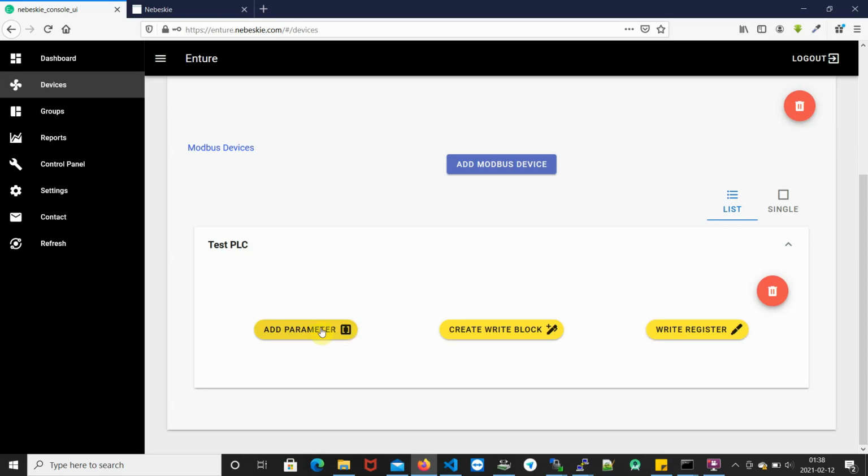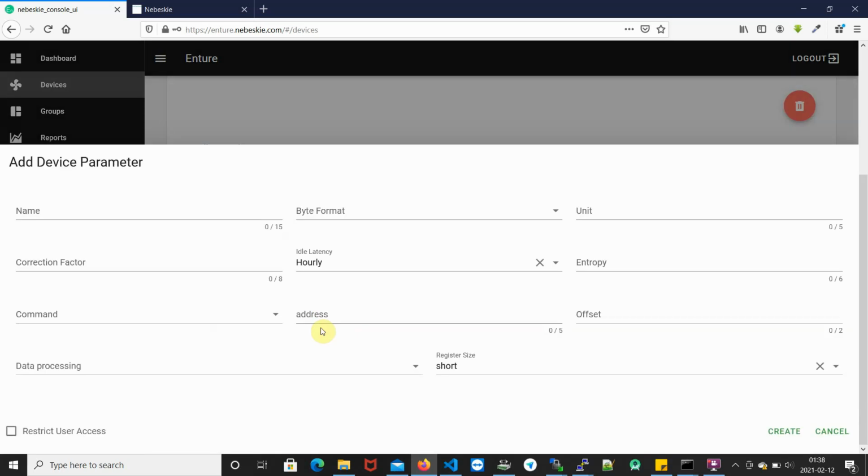Before diving into that, since it's a Modbus device, as we know, Modbus contains a coil or a register. A register can be a holding register or an input register. If you are not sure about the Modbus protocol, maybe you should not proceed with this video, and we'll be coming up with an explanation of Modbus in a later video, I guess. If you're good to go, we'll be proceeding with this.